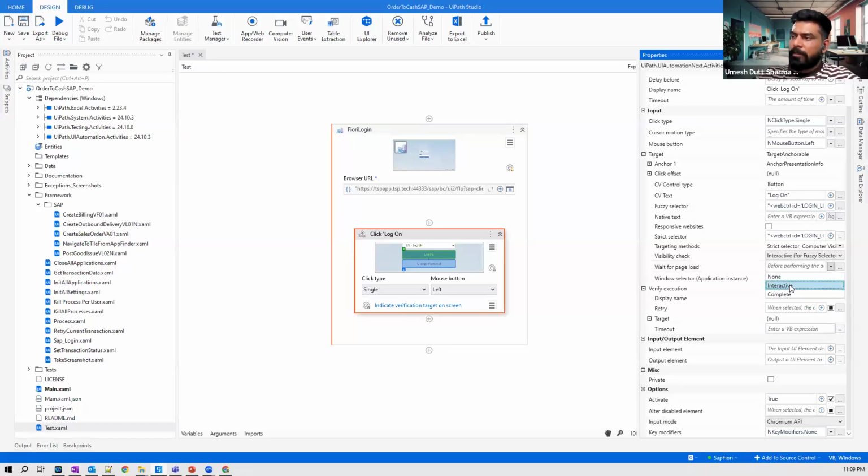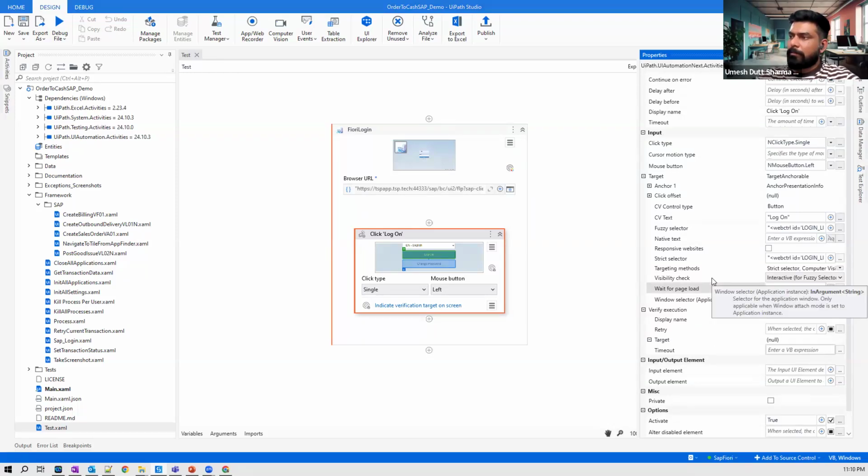So you should always be using interactive as a part of best practice, so that whenever the bot finds that the web page is loaded to an extent where it can interact with the web page, then only it will click on that element. Otherwise, if the web page is not loaded completely, and if the bot tries to maybe click or type in, it will fail. There are very good chances that it might fail. So we should always be checking this one as interactive. All right. So